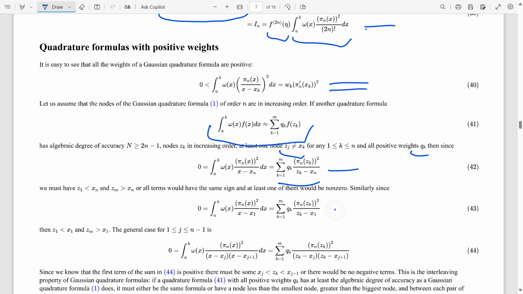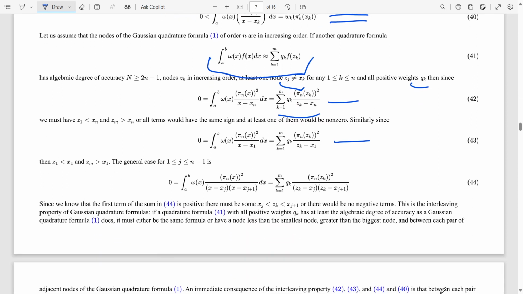And then this integral shows that Z1 is less than X1, similarly, or there would be no negative terms in the sum. And this guy shows that there is a Zk between each pair of nodes, Xj and Xj plus 1, of the Gaussian formula. So that's the interleaving property,